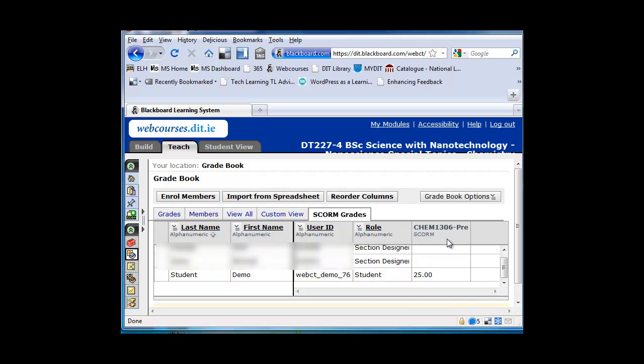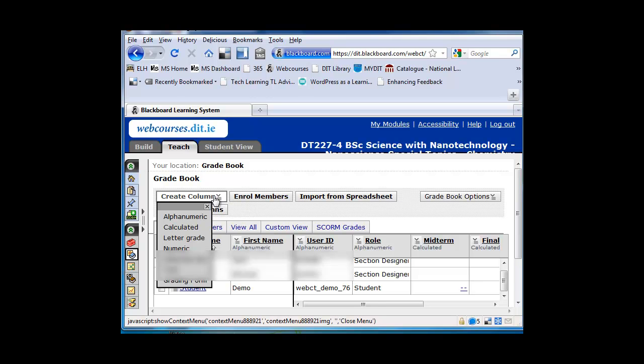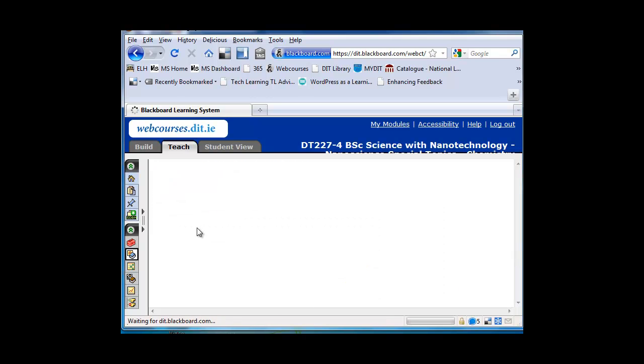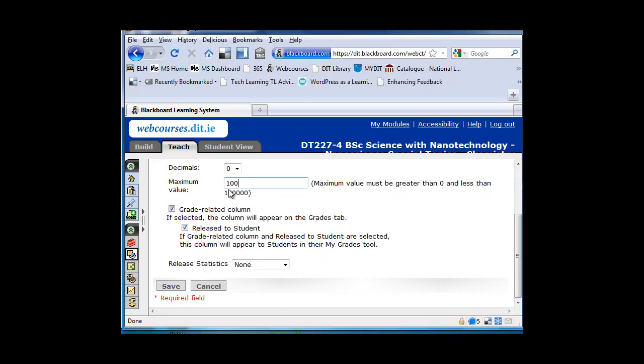within their Gradebook. So if I go back into Grades and create a new column, I want it to be calculated because it's going to be calculated from the Scorm grades. And I would do this when I want to release the mark to students. Okay, and put in my parameters. 100 is the maximum mark. Obviously I'm going to release to students. Press save,